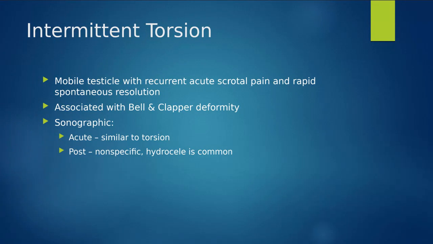So the testicle's mobile in there, right? It's not completely structured. It has a little bit of free range. So it's moving depending on the patient's positioning or activity. It can kind of twist on itself and then untwist. Twist on itself, untwist. So they get these intermittent episodes of this pain and these symptoms similar to torsion, but